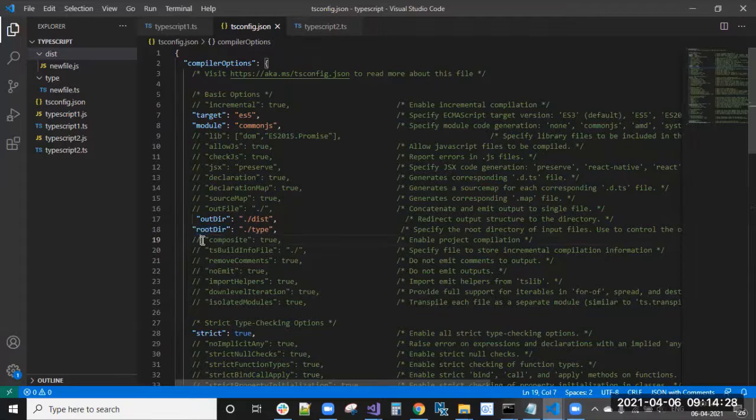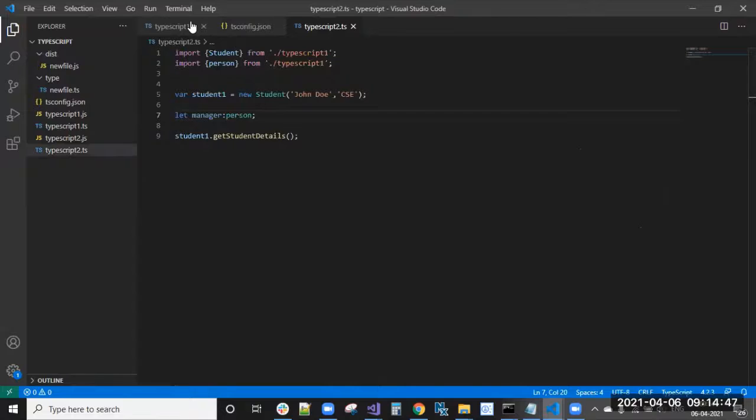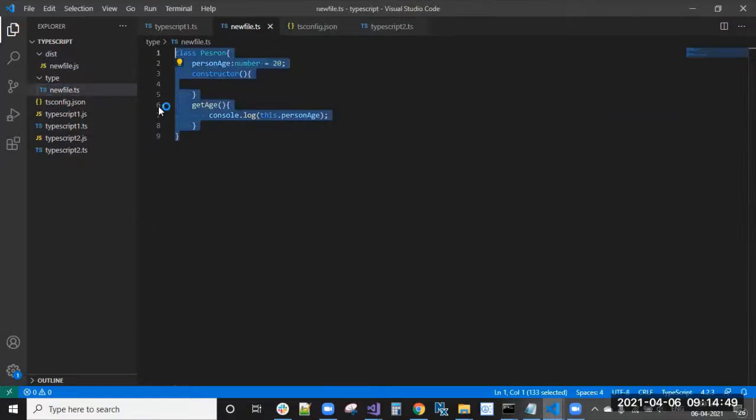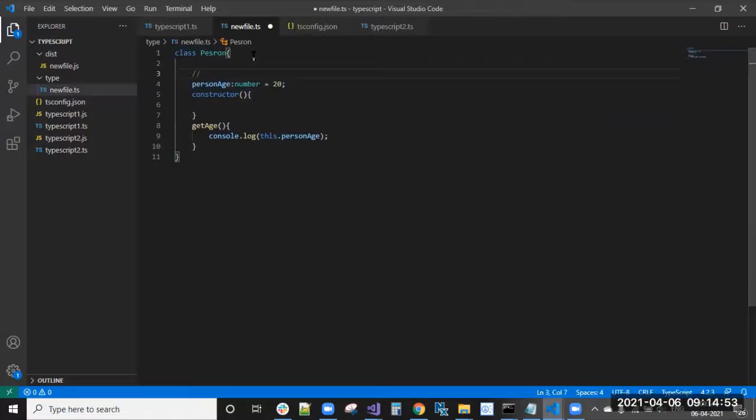Composite true enables TypeScript project compilation. If you want to enable it, the TypeScript compiler will use it, otherwise it will not. Now, remove comments true. In new file.ts I can write a comment, like this is the age variable.